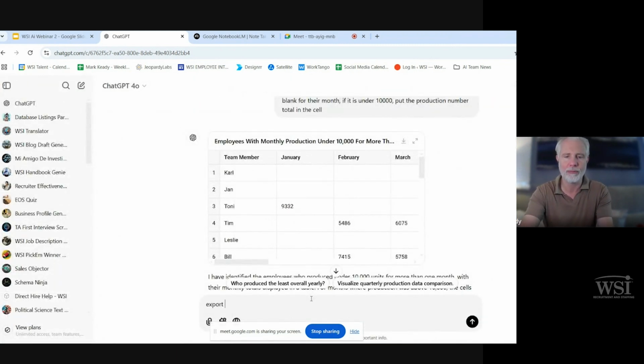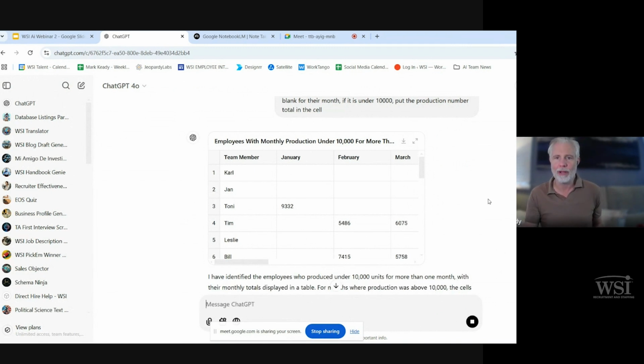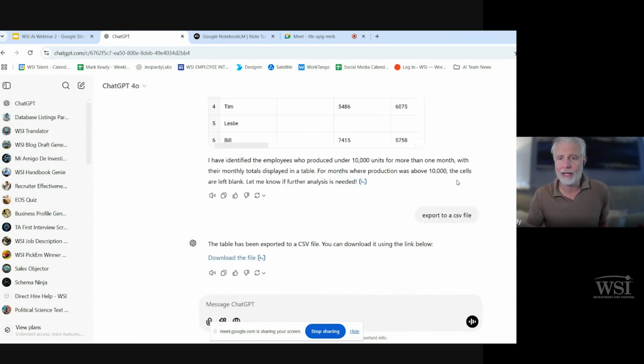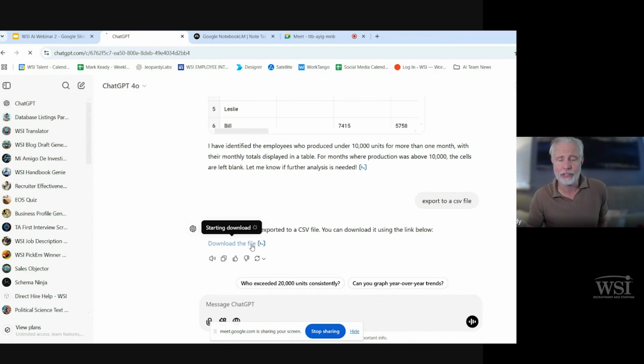And if we wanted to, we could export to a CSV file, right? That's a great thing. Maybe you don't know about Chat. This is sort of a bonus right there. You can export to Word documents, CSV, PDFs, all kinds of different output. And right there is the file that we were just looking at of the data.